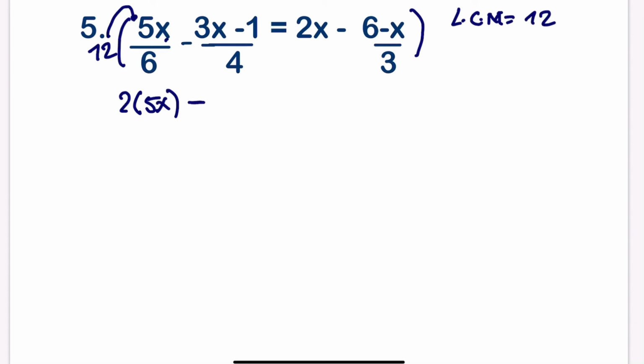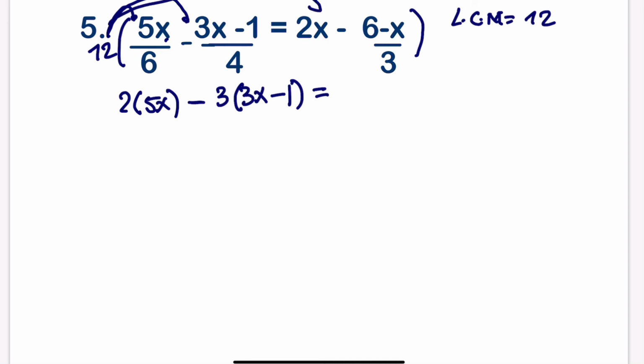Next we have 12 times this. Our focus is to cancel the denominator out. So 12 divided by 4 is 3. So we'll be left with 3 bracket, 3x minus 1, should be equal to